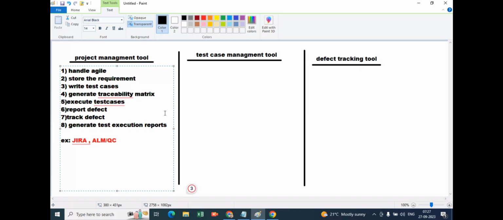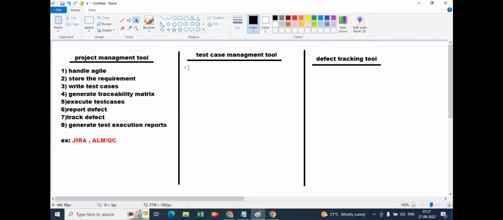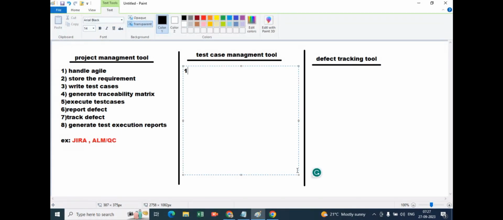So everyone clear with project management tool? Yes. So next we'll have the test case management tool. What do you mean by test case management tool? What are the activities I can do in a test case management tool? First thing, I can handle